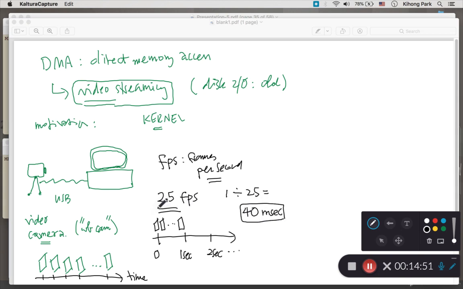So if the frame rate were configured to be 25, then it means this camera takes 25 still images, digital still images every 1 second, which means it takes one still image every 40 milliseconds. That's what this means. Depending upon the size of the frame, etc., this is a lot of data. So when one still image is communicated from this device, let me just call it webcam,